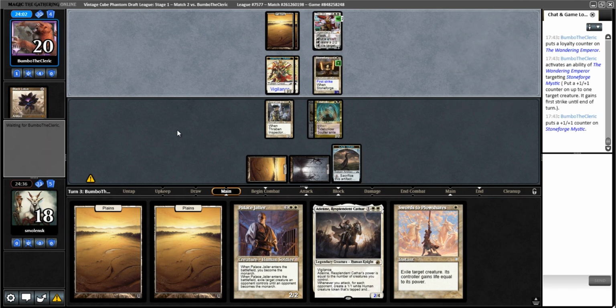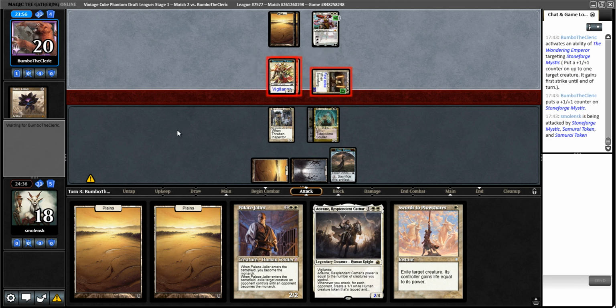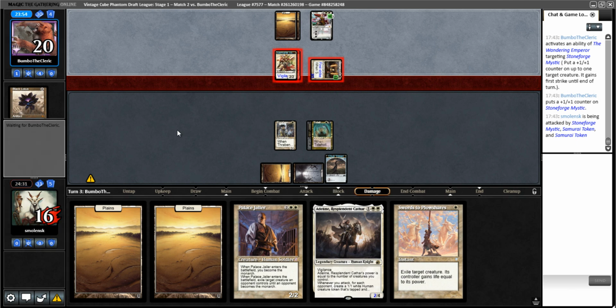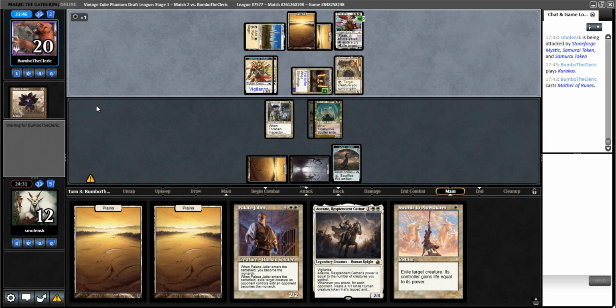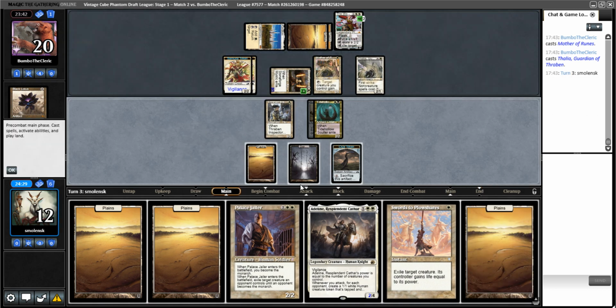Because I could double block Stoneforge here. Because if my opponent gets back Battle Skull now, it has first strike, never mind. Alright, I guess I'll take 7. Caracas. And Mother of Runes. And drew Talia. Okay. Alright,